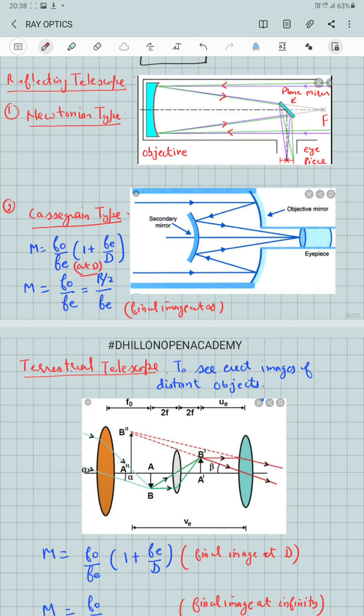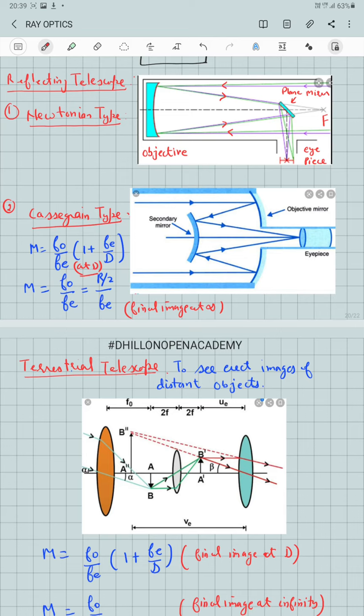which converts the light rays to a point outside the hole which is at the center of the primary mirror. The final image formed is observed through the eyepiece. As the first image at the principal focus is inverted with respect to the distant object, the second image is erect with respect to the first image. So the final image is inverted with respect to the object.